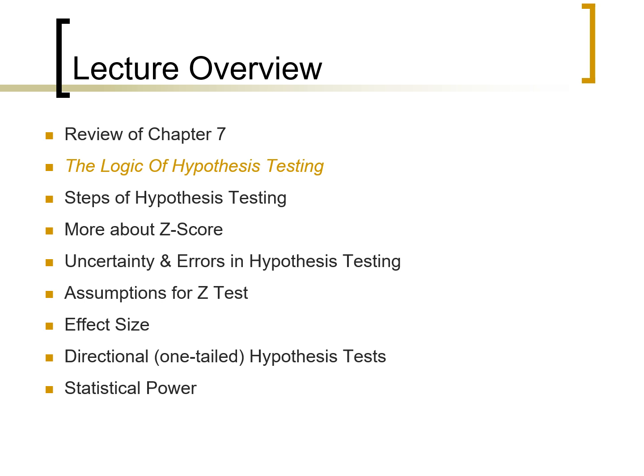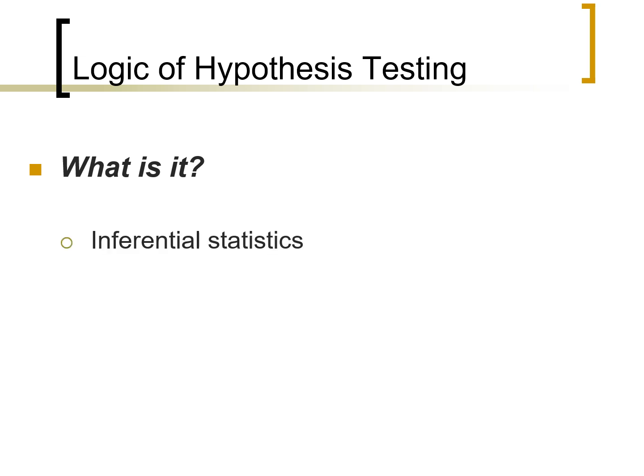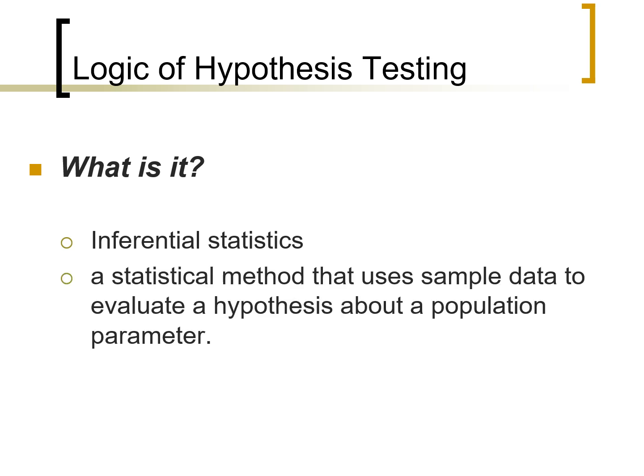Is there a significant difference or a significant effect, or is there not? Just like with a court decision, that is part of the process, but the verdict by itself, guilty or not, is not the only important piece of information we want to consider. So we're going to do significance testing, but we also want to talk about what we'll refer to later as effect size as well. So first, the logic of hypothesis testing. What is it? Basically, we're doing inferential statistics. We have a sample mean, and we're inferring things about the population from that sample.